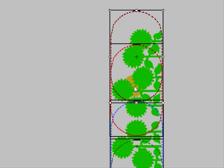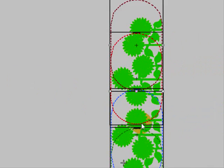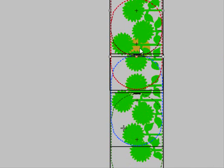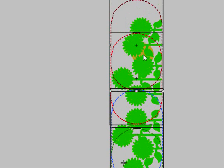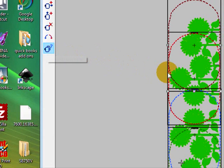The next thing to do is to click on this button here, Calculate Hoopings, because although we've split the design into these 4 hoopings, or we will have when we press the button, the problem is that some areas need to be embroidered before others, some areas are embroidered on top of others, and what the software very cleverly does is sort those out so that it may actually require you to do another hooping in order to embroider them in the right order. But the end result is that you get a design that looks like it was completely done in one go, unlike some other